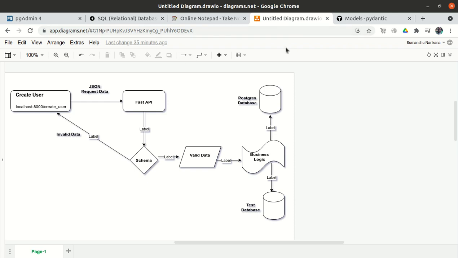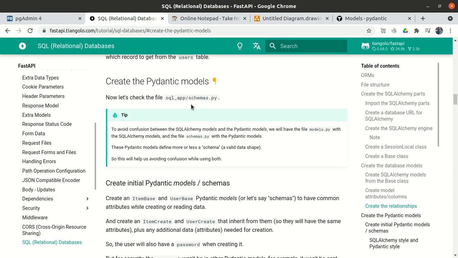Generally they are called Pydantic models, but in FastAPI we will call them schemas, otherwise we will get confused.